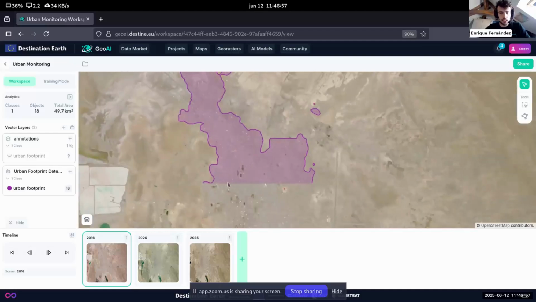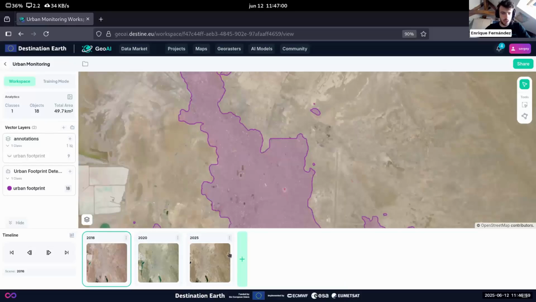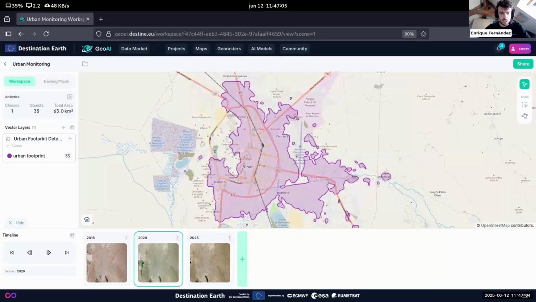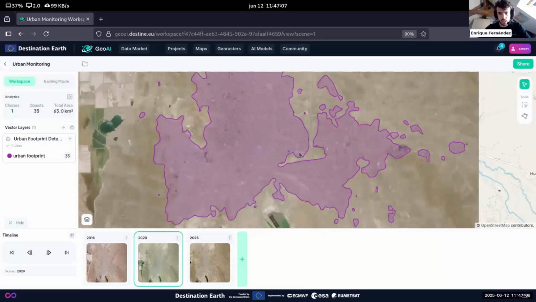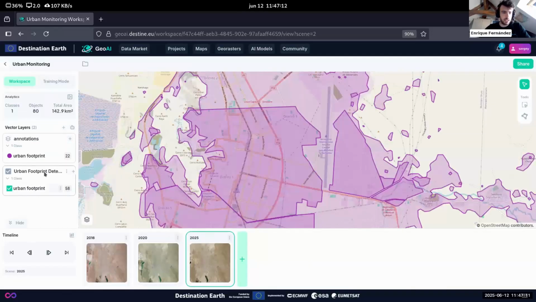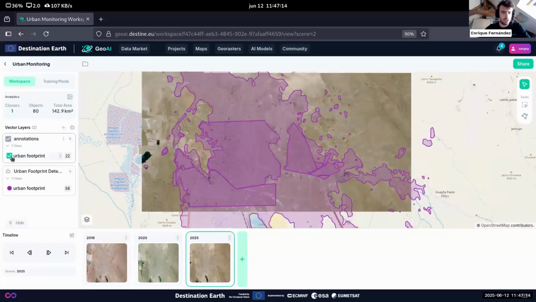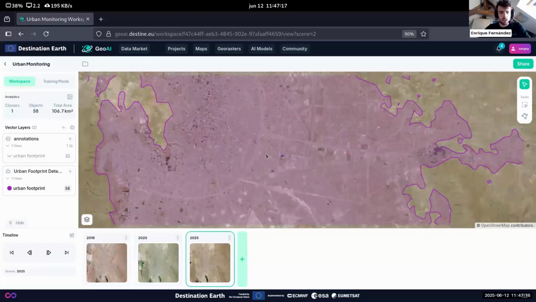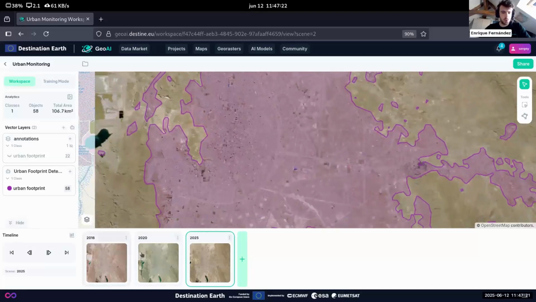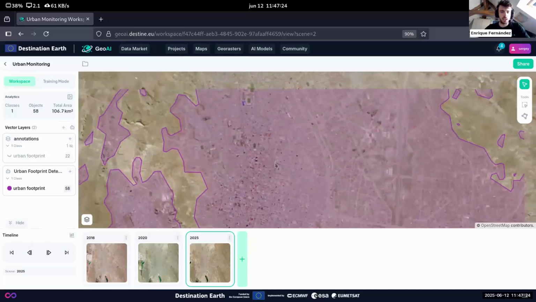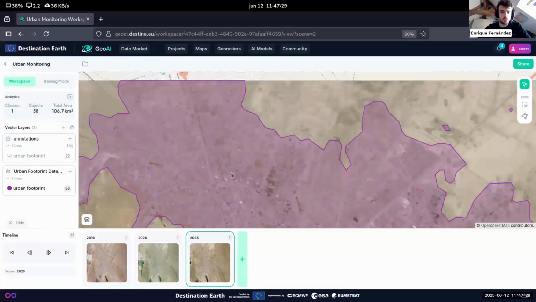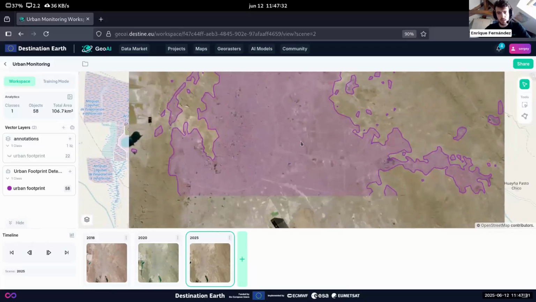Now I also pulled images from 2020 and 2025. So this is 2016 here. This is 2020. And I applied the same model. And this is the urban footprint that it detected. And this is 2025. Here I also added some annotations for training to help improve the model a little bit, because this image was from October and these two were from June, and just the lighting conditions looked a little bit different. So to help the model a little bit, I also labeled a couple of polygons. But this is the output of the model.